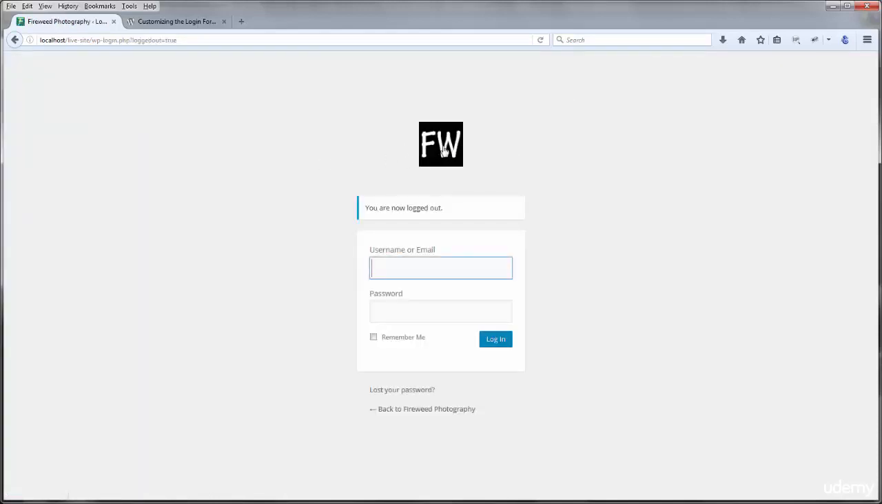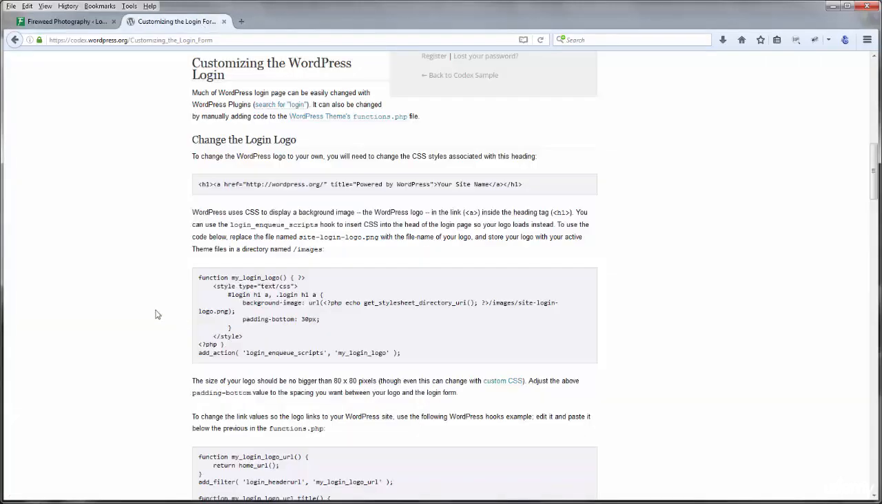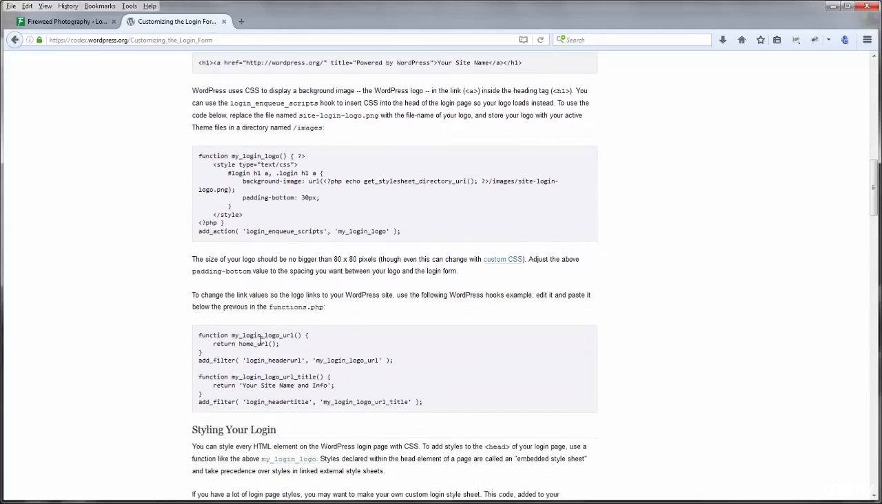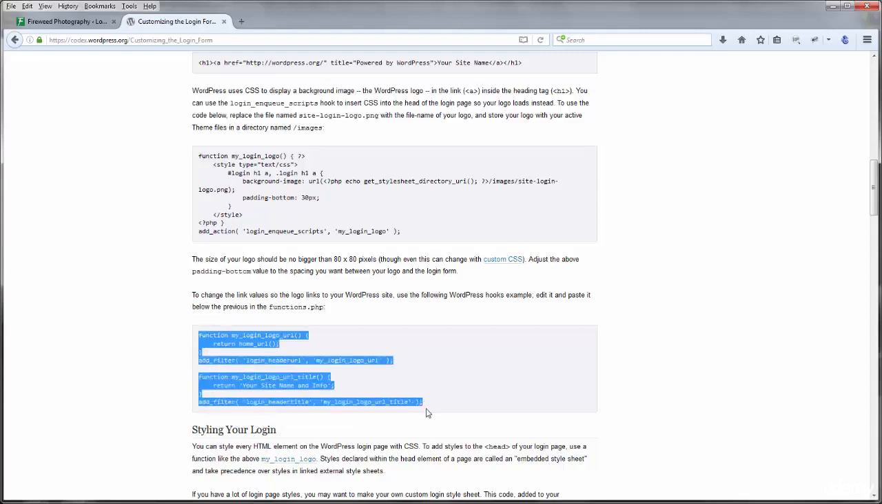Great. It's still linking to the WordPress.org website though. Let's go in here and we can see what we need to do to add the link. I just need to add this code snippet and paste it below the previous. Obviously it's not in functions.php but in our code snippets plugin. So if I take this whole thing